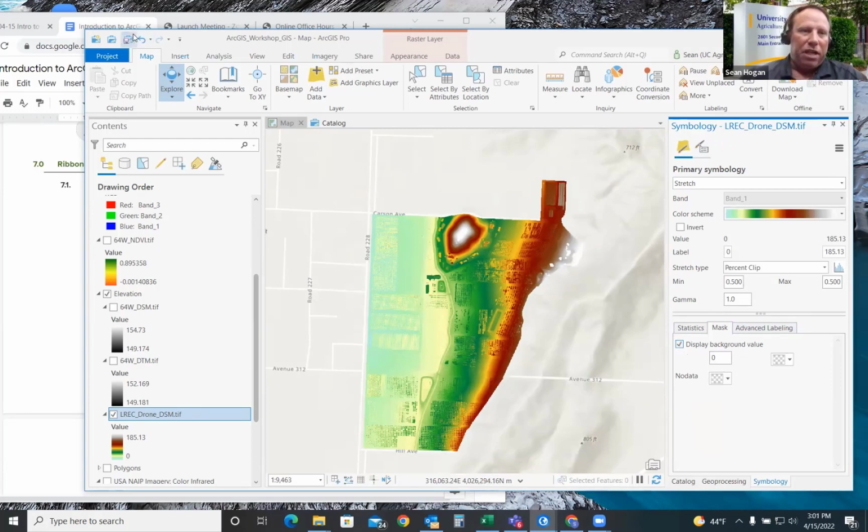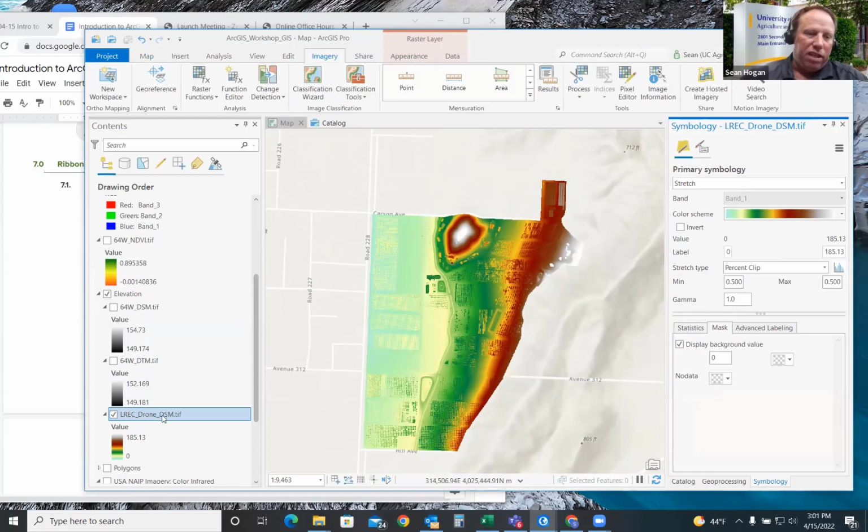Let's go up to the top left, click save. Anytime you're doing these kinds of steps, it can get messed up a little bit. One more thing we'll do, and then we'll take a quick break. We're going to go back up to appearance. Oh, excuse me, not appearance. This time we're going to shift to imagery.